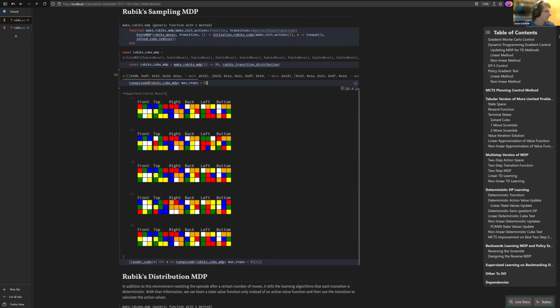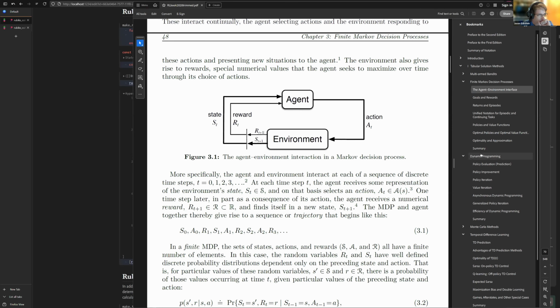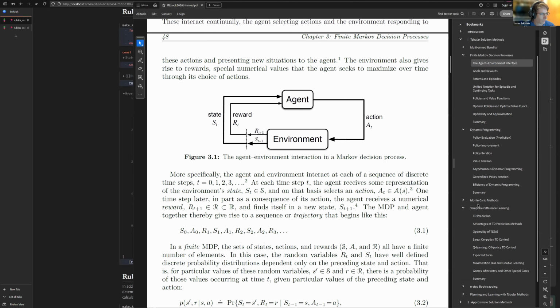And the reason I've cut it off is because if I don't, in general this will just go on forever, because the chance of just stumbling upon a solved cube, if we start with the scrambled one, is practically zero. And that's one of the reasons that makes this problem much harder than a typical maze problem. So if we go back and look at some of the examples earlier in the book, like some of the grid world examples,